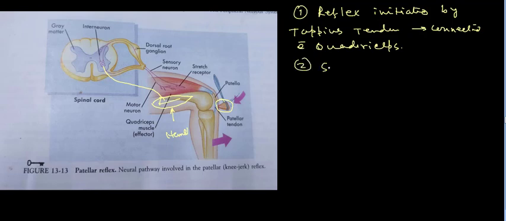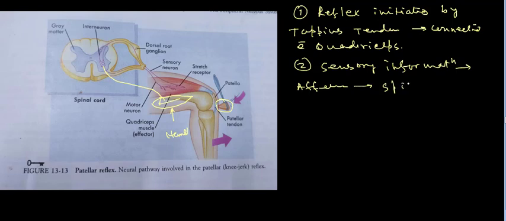Next, the sensory information. This sensory information, or this stretching information, moves via the afferent or the sensory neuron